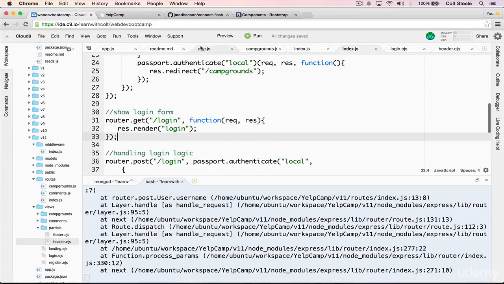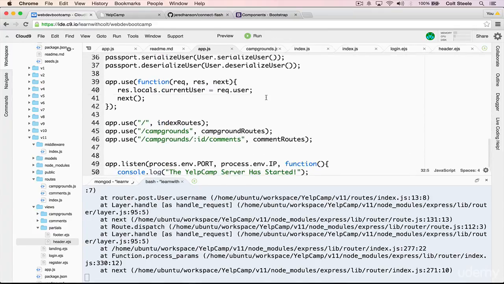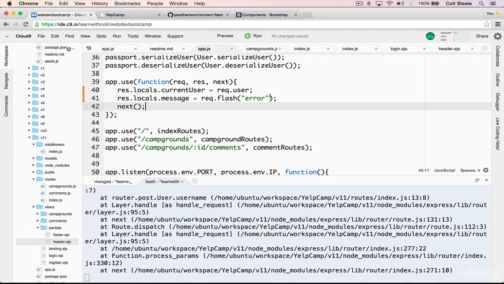Then I'm going to go to app.js, and just where we have the same code where we're doing current user, where we pass current user to every single template, we can do the same thing where we say res.locals.message equals request.flash error. So if there's anything in the Flash, we'll have access to it in the template under message. So I'll show you that now. If I restart,